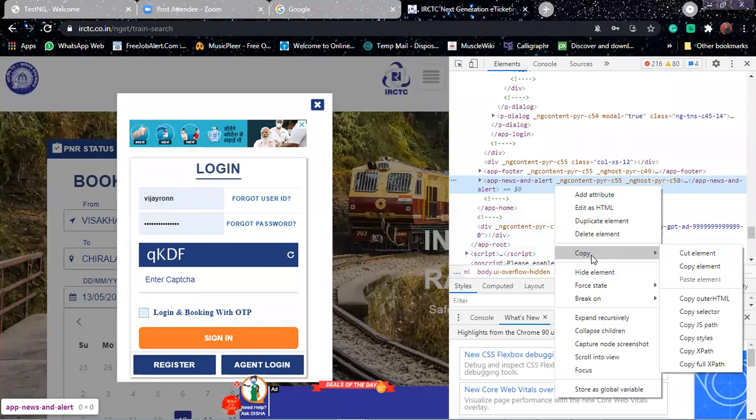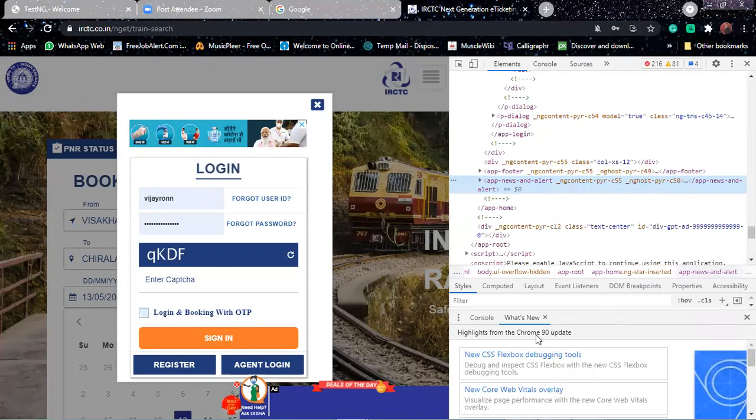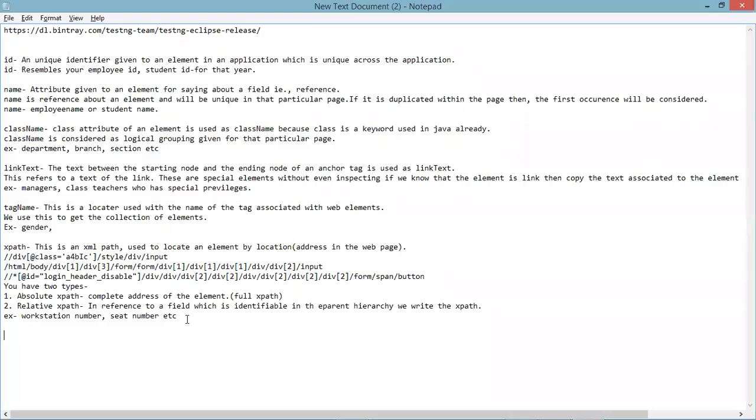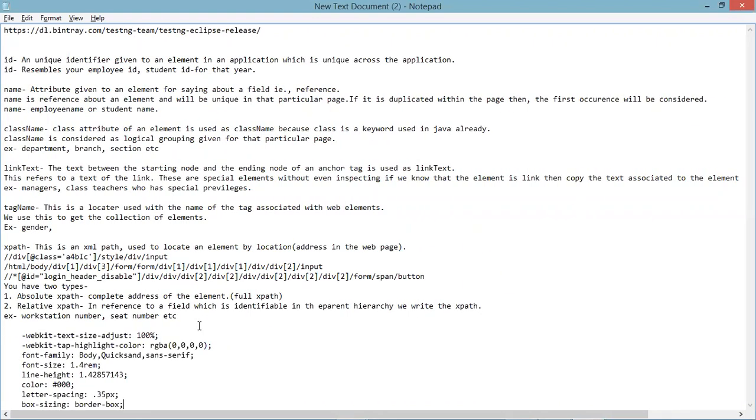You will find something called copy styles. Copy that and paste it anywhere in your notepad. What does it say? It says about all the styles that are available, right? These are cascading style sheet properties which are used, like the color, font size, font family and all those stuff.